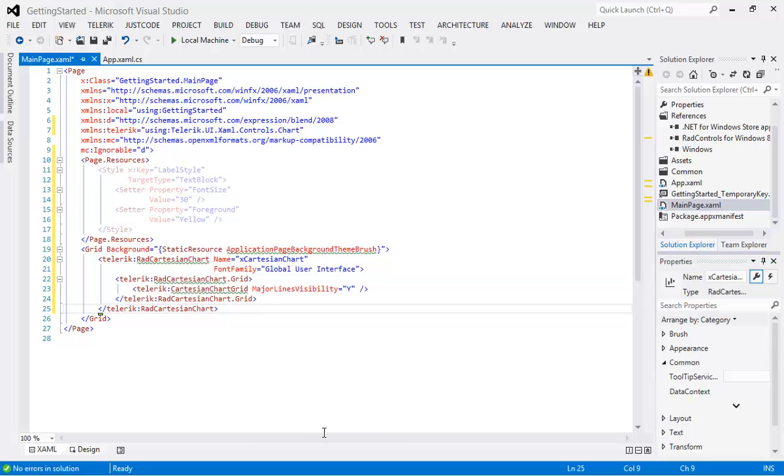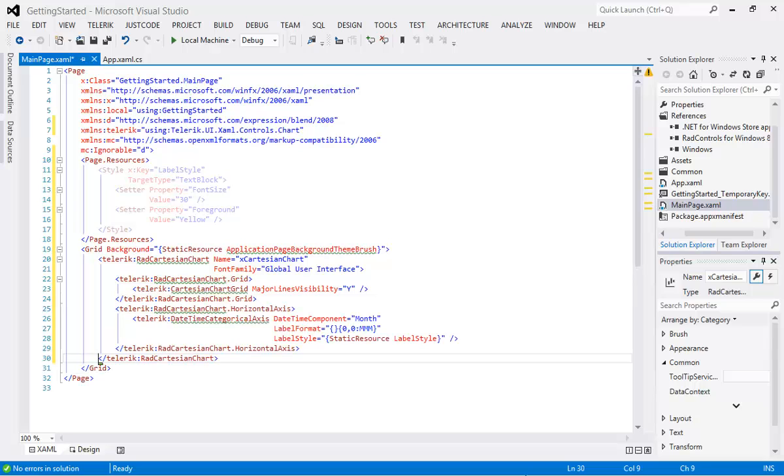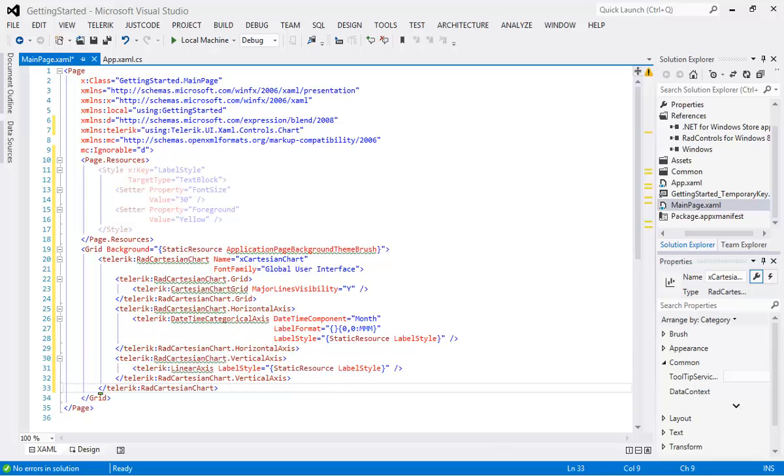To add a line chart, we want to set the major lines visibility to yes, and we want to set the horizontal axis to be a categorical axis. The category we're going to use is month. So that's a date time component, and we'll set the label format and the label style using the resource we declared above. We can go ahead and set the vertical axis to be a linear axis, and again we'll set